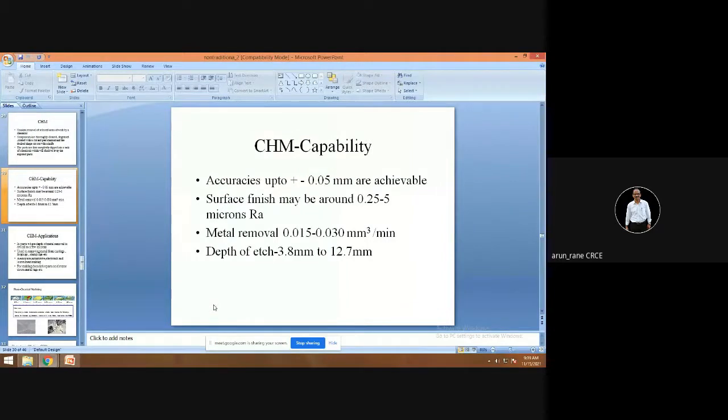Then why do we go for chemical machining? Because it is very economical. A 2 kilowatt laser machine will cost you around say 60 lakh rupees without any taxes, whereas chemical machining is hardly costing anything, a few lakhs. What you need is only acid, an acidic tank and maskant, that's all. So it is very economical, but it's very slow. Like a laser can cut in say 2 minutes. The same chemical machining will take around 6 hours or 8 hours. The accuracy you get in laser, you will not get in chemical machining.